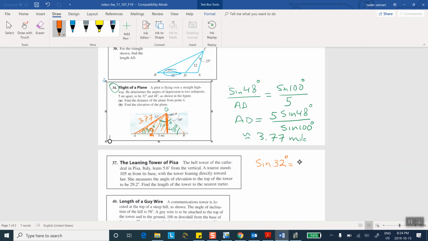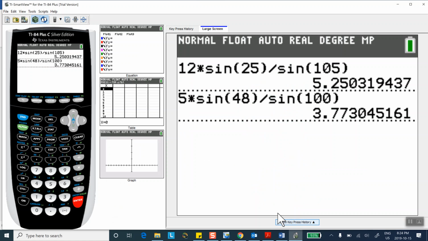opposite, which is the elevation, divided by the hypotenuse, which is 3.77. So the elevation, which is this height, is equal to 3.77 times sine of 32 degrees. So let's do that. 3.77